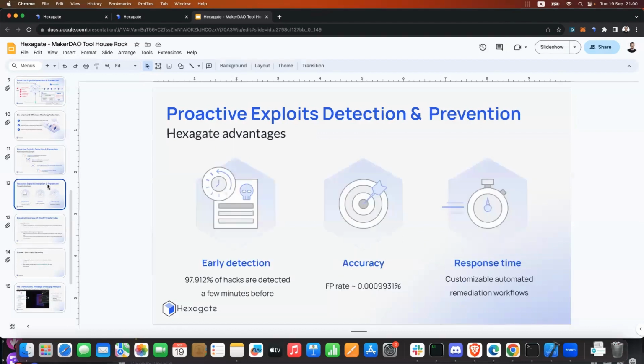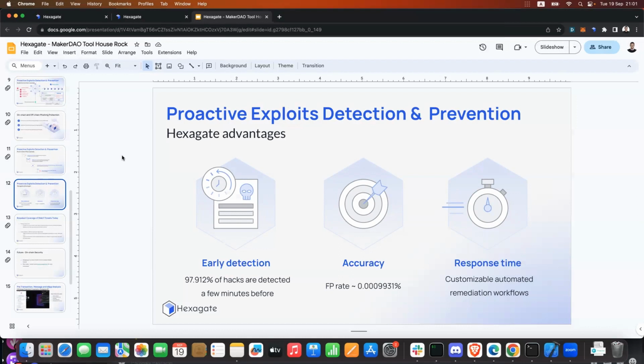Now, in terms of why Hexagate stands apart from the competition, because obviously there is competition in that space, because the problem is impossible to miss, both on the phishing front and the exploit front, it is mainly three things. One is early detection.